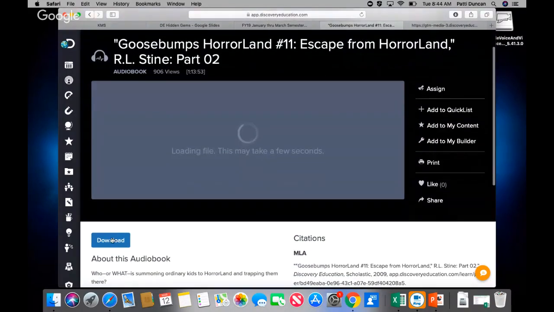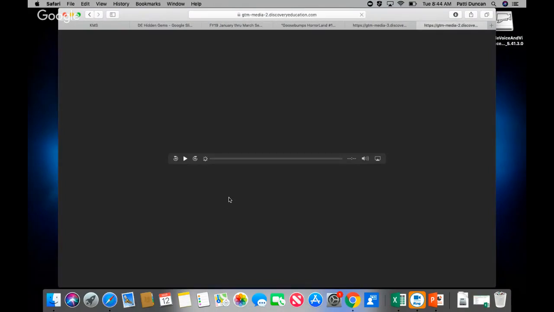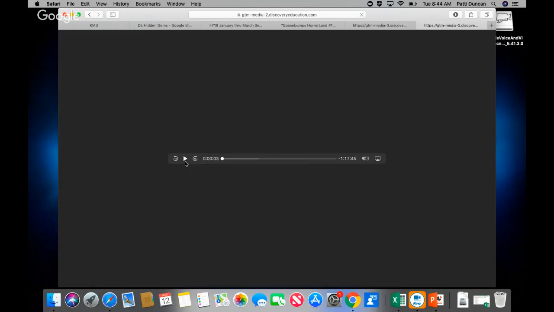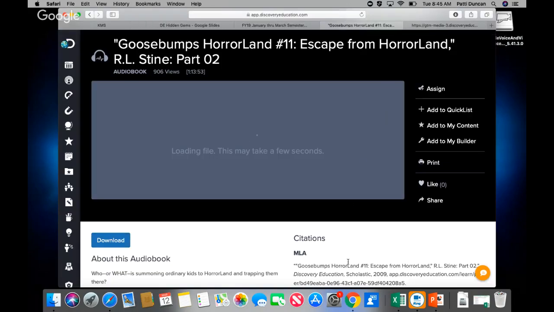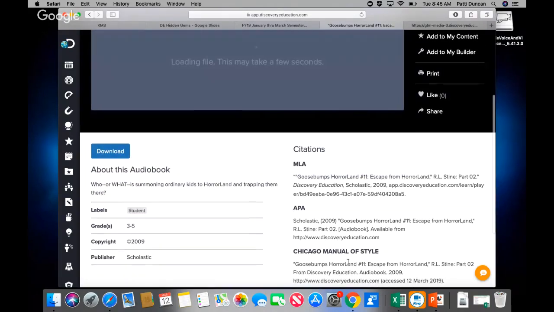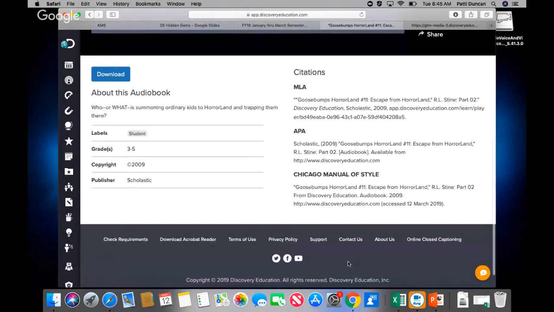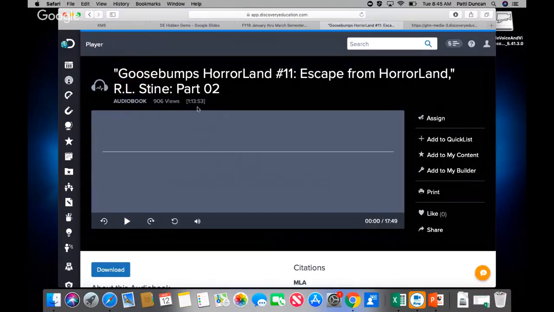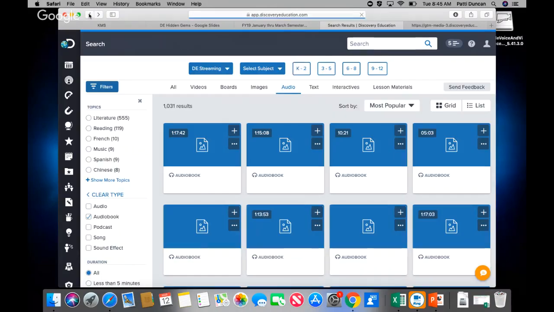And I think that download is a really important feature because for those students who have a specific need of listening on their devices, you can download it as an MP3 file and put it on their devices, on their phones, on whatever, and listen to this book as they're doing other things, or as they're on the bus or whatever. Or you could offer this book, it's an hour and 13 minutes long, this is part 2 of this book, number 11, and you can offer this up as silent reading while they're actually reading the book, right?